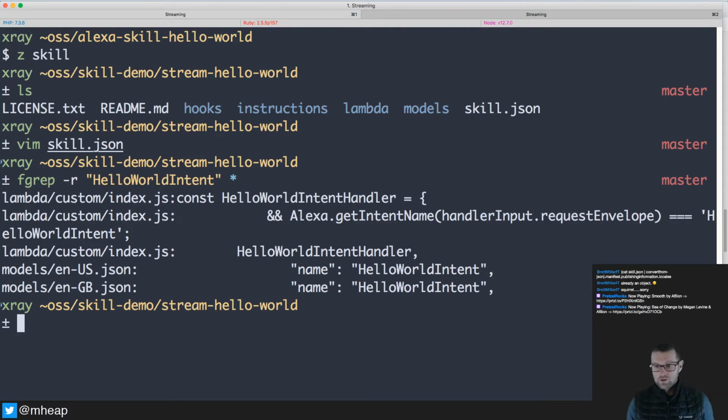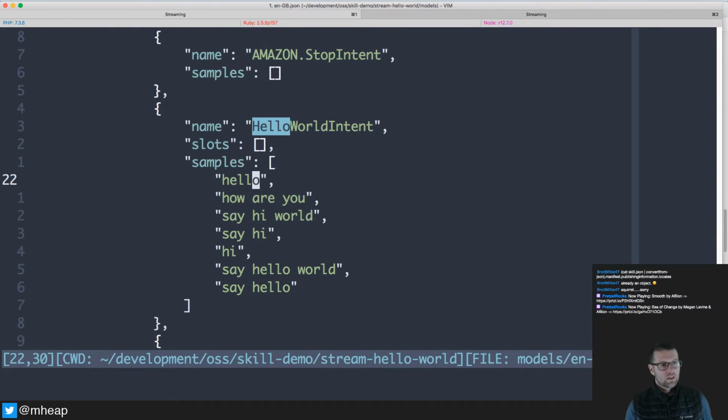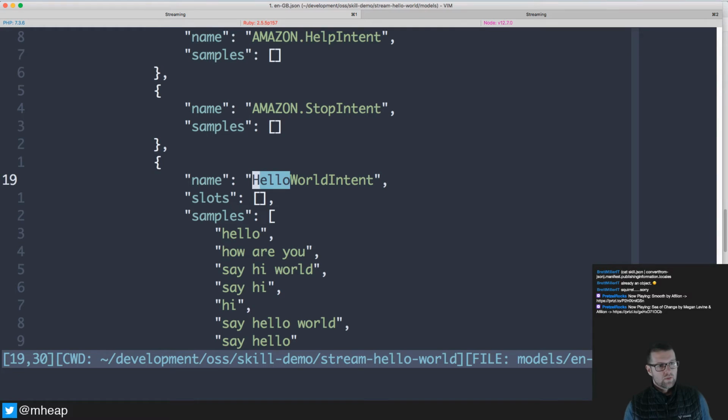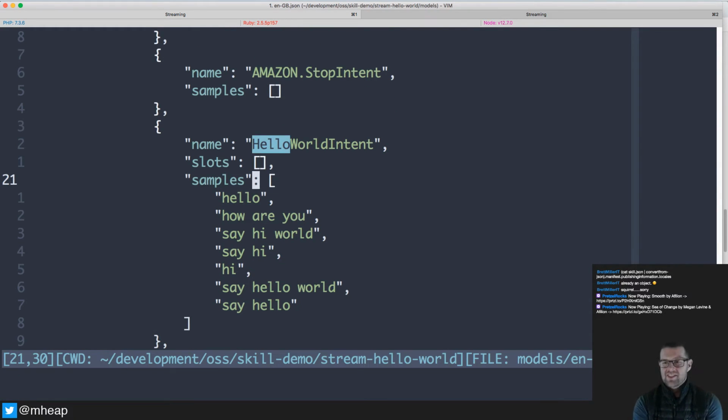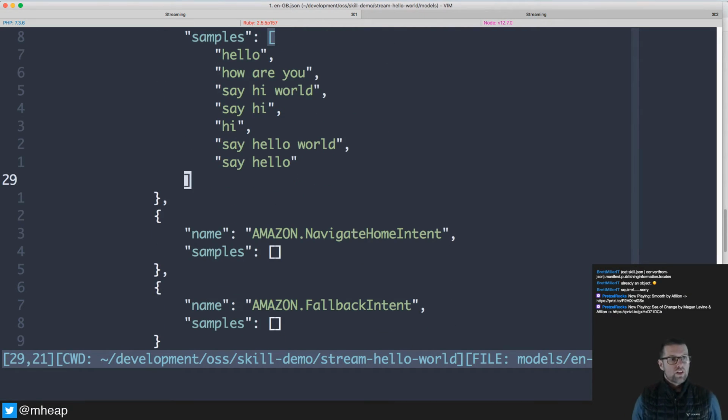Ah, so it's in the models. I see. So these are the samples that trigger hello world intent. So if I say hi,